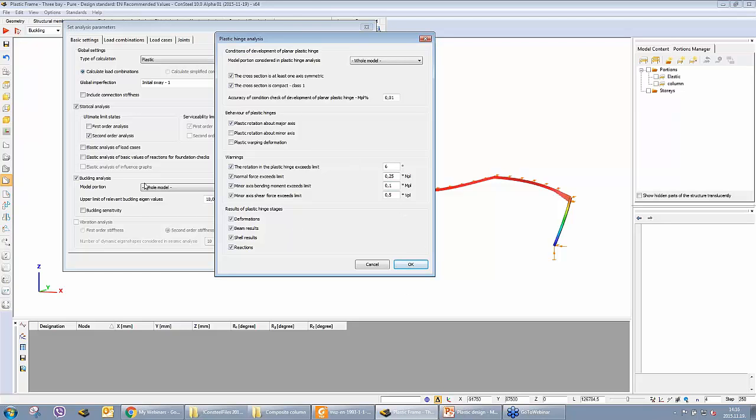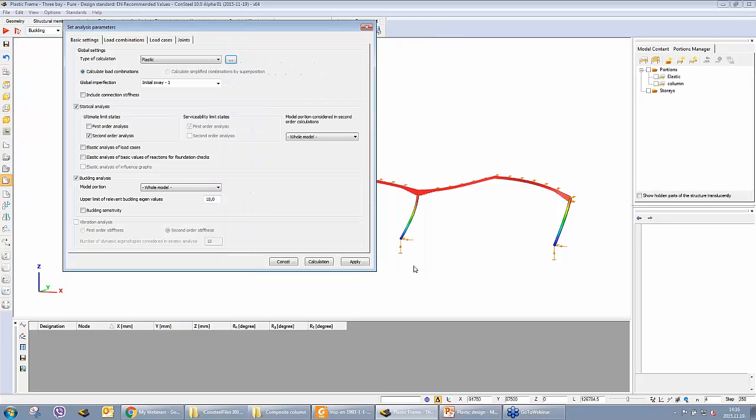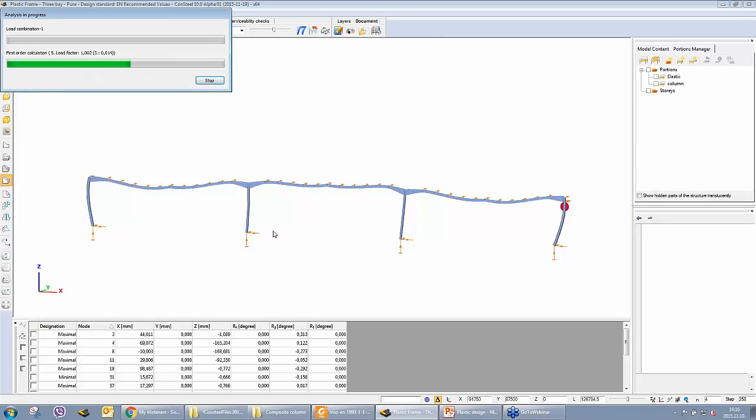Now I leave it that way. This is the default settings. Usually it is quite good, and according to the Eurocode it is appropriate. Now let me first show you the first order plastic hinge analysis. So I run the calculation now